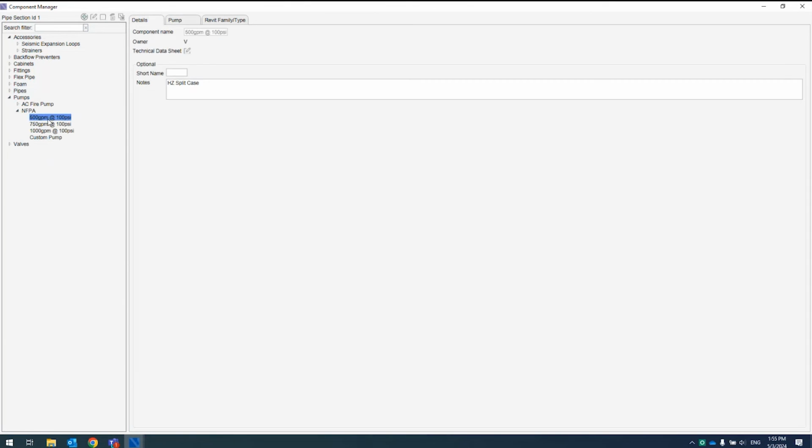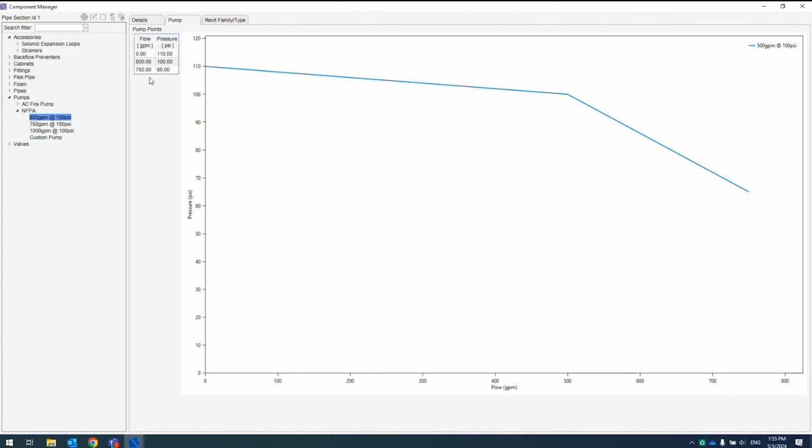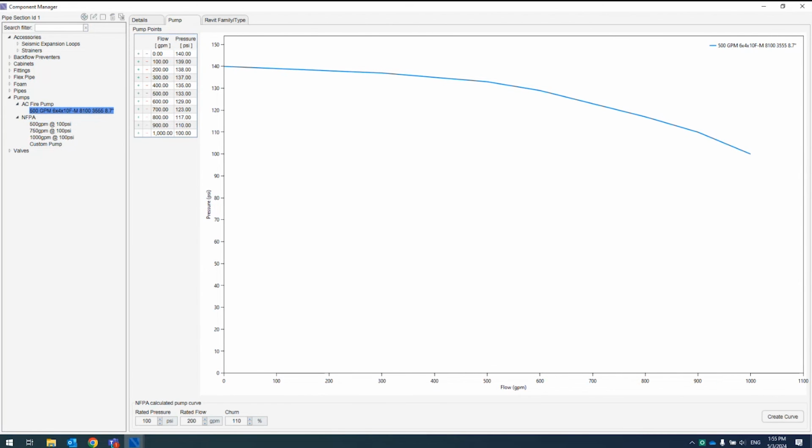So we do offer the ability to solve through pumps. And for those, you're going to have a pump tab up at the top here. So we give you a couple examples of some kind of stock NFPA 3-point curves. So like 110 or 20% churn, 150% flow at 65% rated pressure. And those are just simple little 3-point curves here. But you can go ahead and add your own specific manufacturer curves. So again, you're just adding a bunch of X and Y coordinates here to build out whatever the manufacturer's documentation